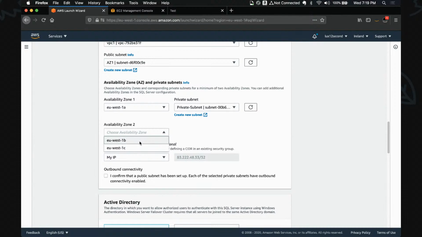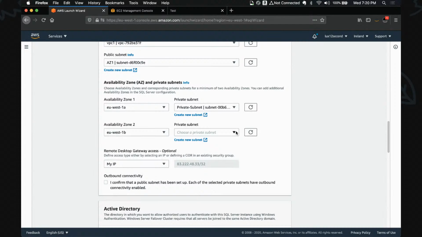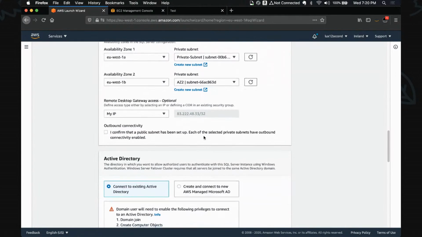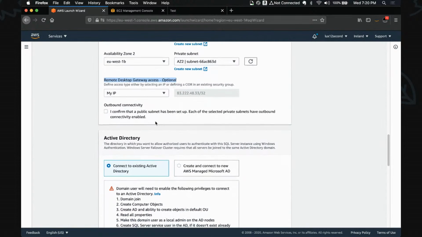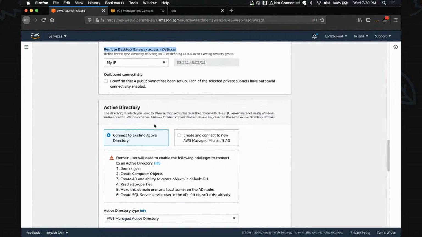In AZ2, since this is highly available, it asks me for multiple availability zones, right? And you see, it also creates a remote desktop gateway for you, and you see my IP address here, so you can start a DDoS attack towards me.